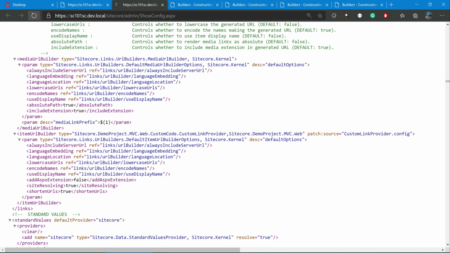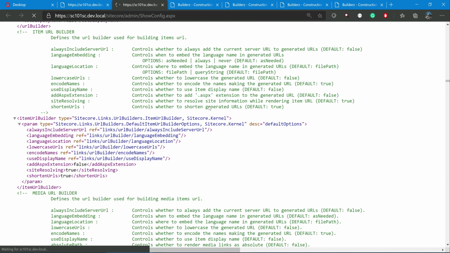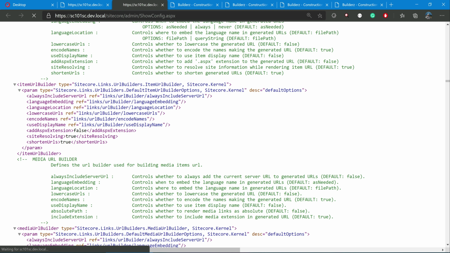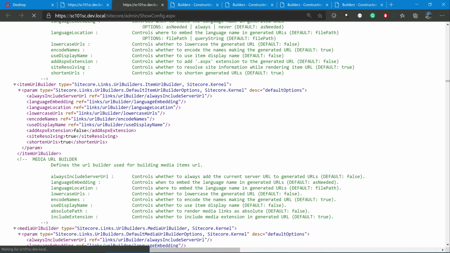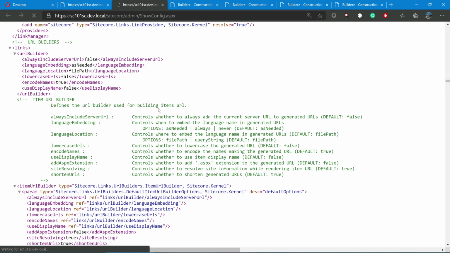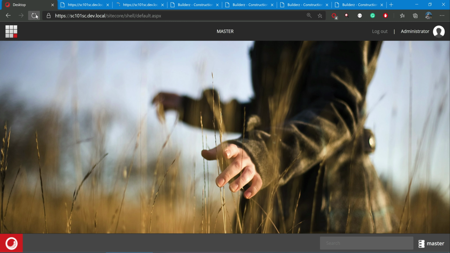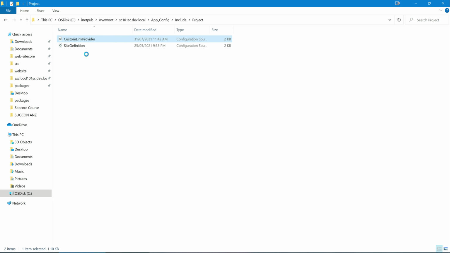Show config helps us see what the final configuration is overall. So quickly we can check the issue here, because there are two item URL builders now, but we only need one. So let it load again. Let me just check.